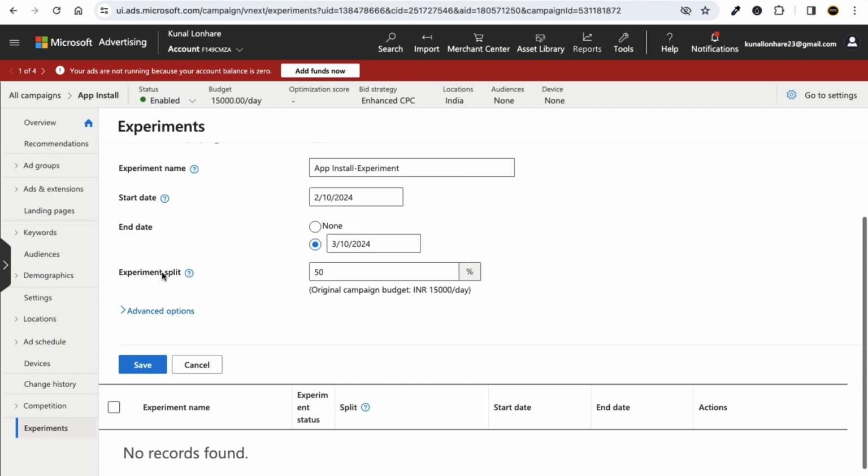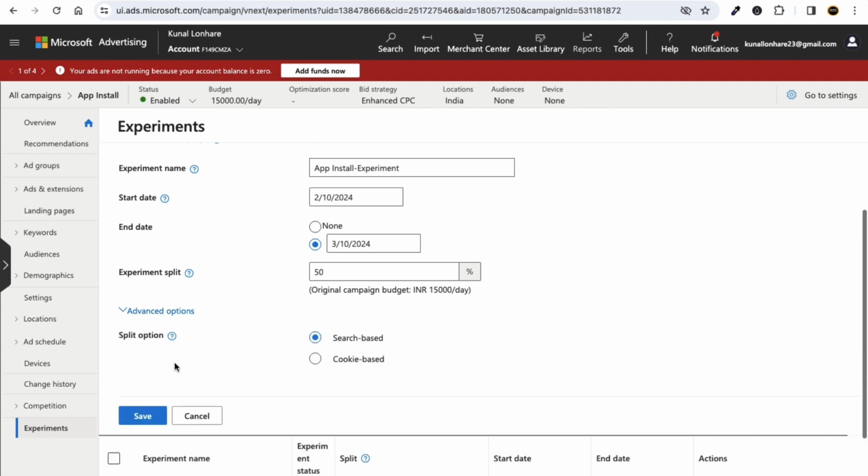And from here you can just split the campaign 50-50. That means the original campaign budget is 15,000, okay. So if you put 50%, half will be spent on the original and half on the experiment, and then you guys can test which is performing great, okay. So now just click on this save button,